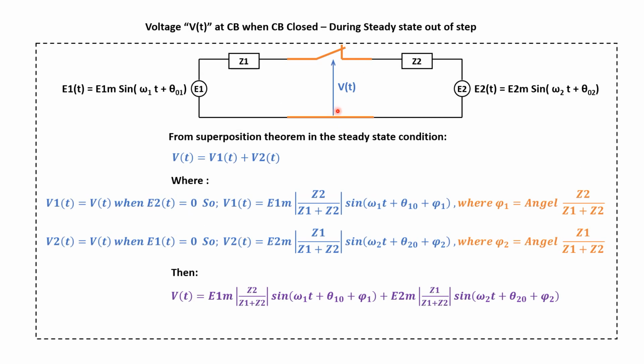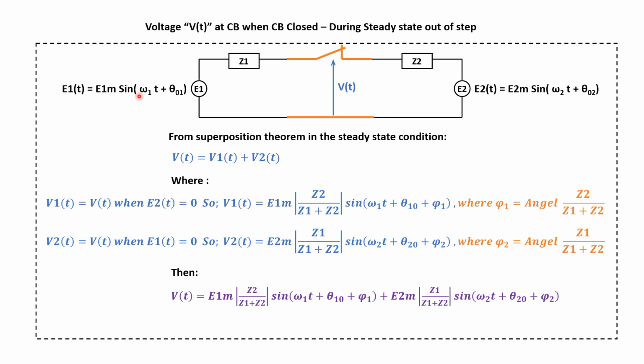So basically in this case, we need to go to time domain analysis, because when we have two different frequencies, we cannot use a phasor diagram to solve this equation. If we want to know the voltage here in the time domain with two different frequencies, we use the superposition theorem: putting zero value on this source and calculating the voltage from the other source, then putting zero value on this source and calculating the voltage from this source, and then summing them. So basically these two voltages are based on superposition, and the final voltage is this one,